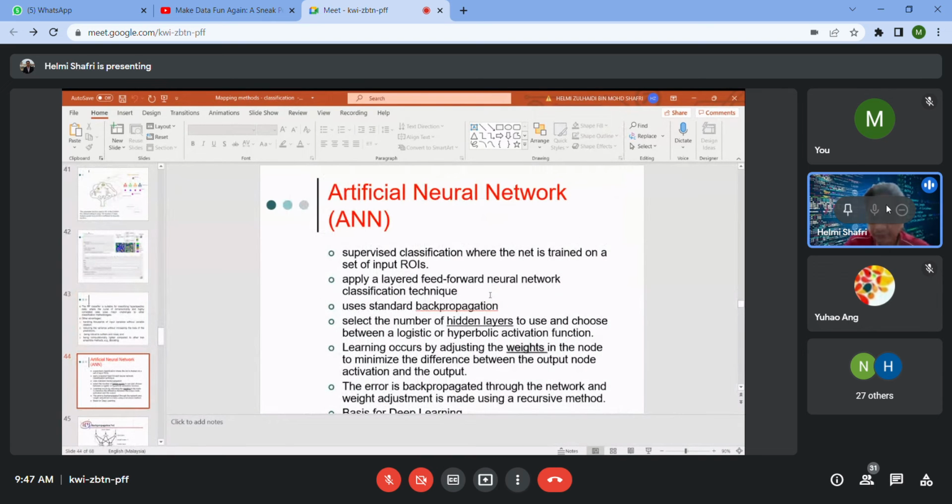Another thing that is also interesting for you to take note of is the use of the artificial neural network. If you go through the literature of machine learning, you will find mostly support vector machine, random forest, and neural network, and this neural network is going to lead into deep neural network or deep learning. But the basis of